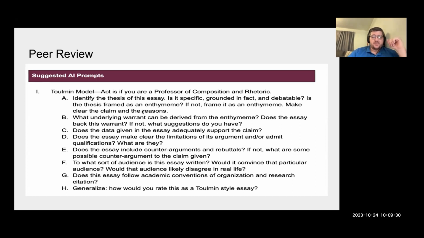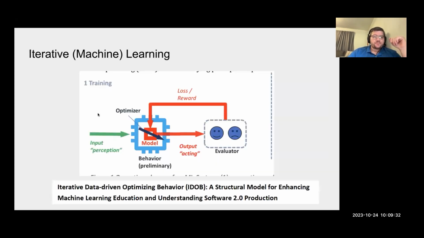So this is something I'm doing: feedback, peer review, any type of feedback, give it a chunk of text, give it something it knows how to work with. And in this sense, now we're in iterative learning. It's not a one-way thing. Your student is the evaluator here. We've got a feedback loop building, and it's a feedback loop that we can reiterate as many times as necessary and very quickly, in fact.